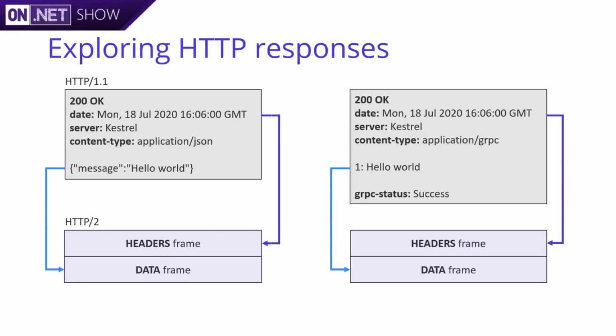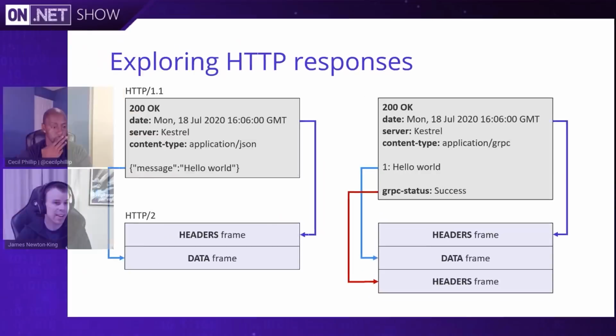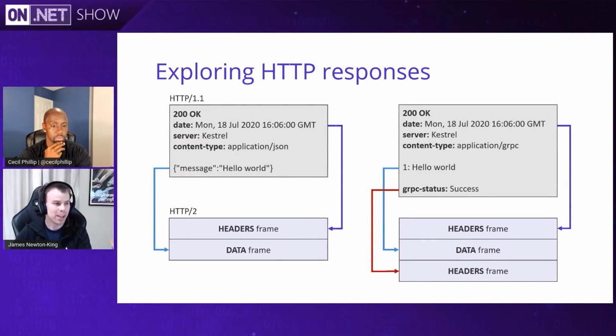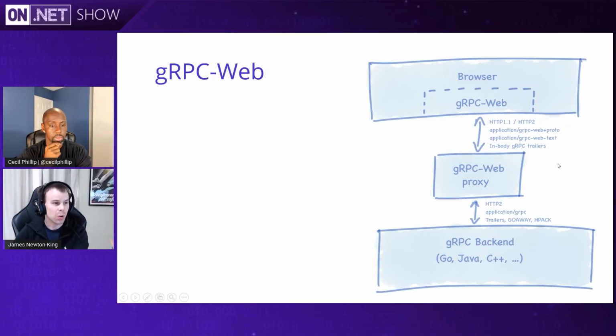So what this is, it's not being sent in the body, and it's not going in the data frame. The way it gets sent to the server is it comes in as another headers frame. So these are called trailing headers, or just more typically trailers. And you might be wondering, why are we doing this? If we zoom in on our call,